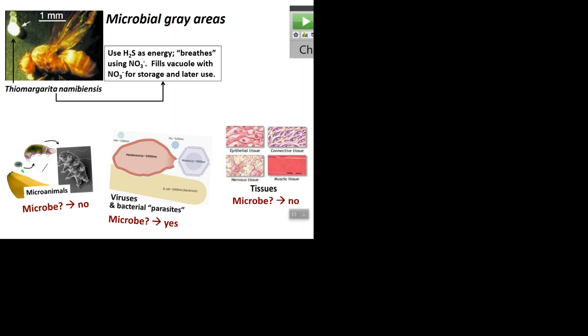These guys will take nitrate and convert it to nitrite, and then use H2S as energy. So they have this unique metabolism, but what this does for them by filling this sac with NO3 is it's kind of like their own personal scuba tank, right? So they can have a really good supply of it, if you will, and that allows them to survive in their environment. If they may be in an area where there's no or very little of this, but they have it with them in that big sac, they can survive in those areas. Okay, but that thing can really expand so big that it becomes visible.